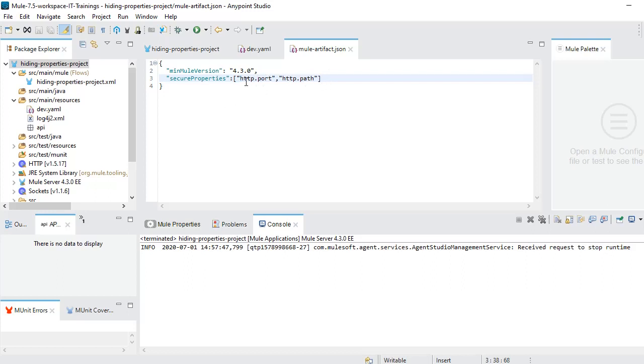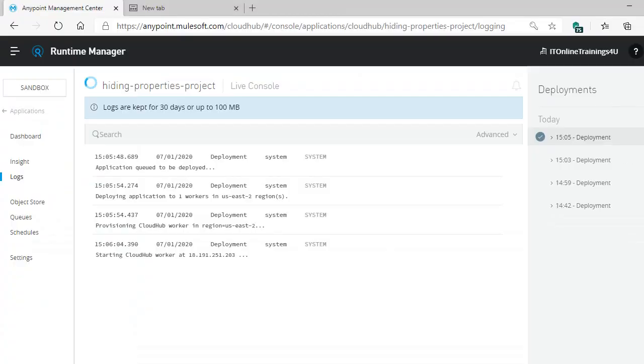So we need to finalize the keys to be masked at the very first level. Otherwise, we need to change the keys here and in our code wherever required if we want to unmask the values. Okay, so here my application is getting deployed.